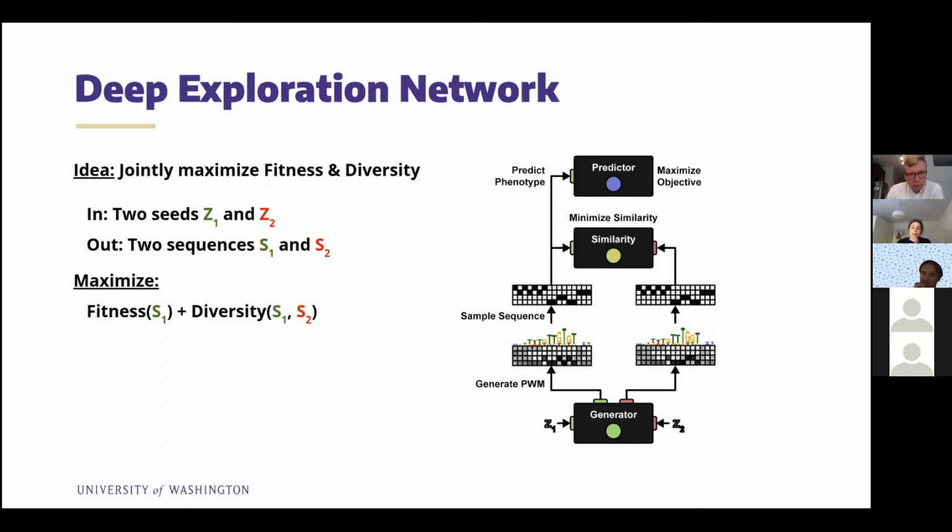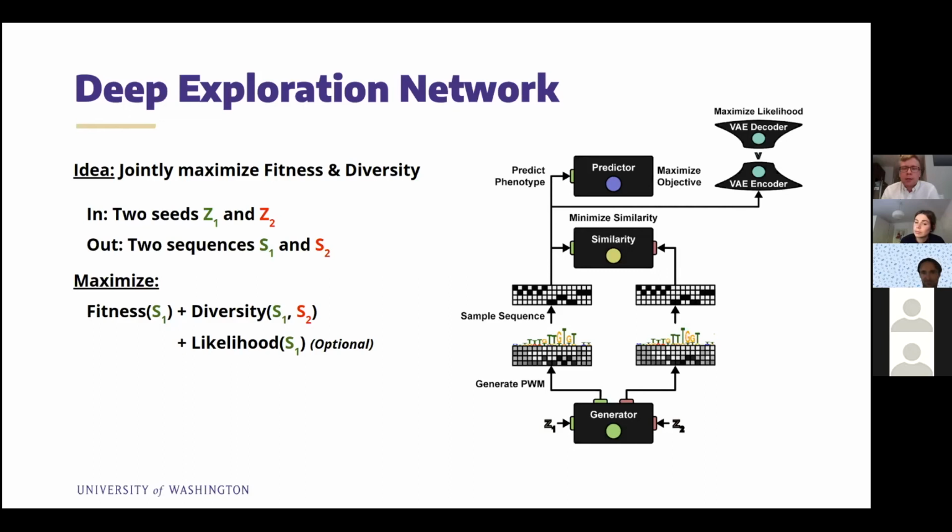And simultaneously, we can take these 2 Monte Carlo sequence samples and compare them on the basis of some differentiable similarity comparator in order to train the generator to produce maximally diverse designs. Now, this similarity comparator can be something simple, like the cosine distance among the one-hot coded representations, or it can be something more complicated, like the latent similarity in some autoencoder feature space.